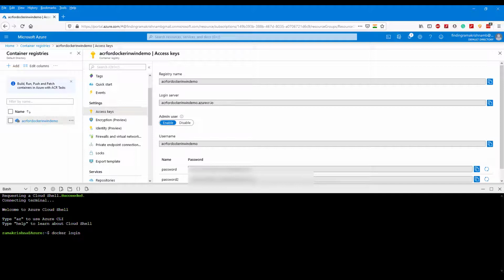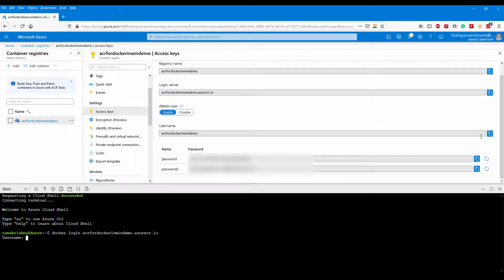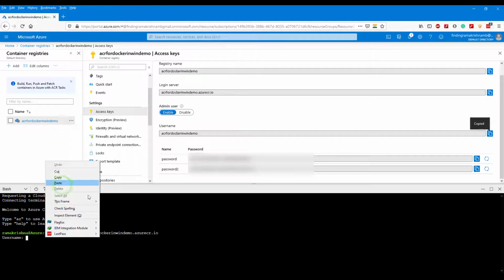We need a login server URL to log in. Just paste it over here. It will ask for username. We have the username, copy it to the clipboard and paste it here.